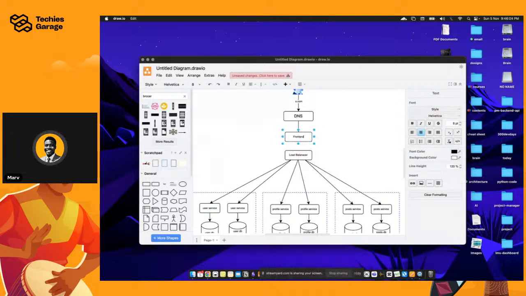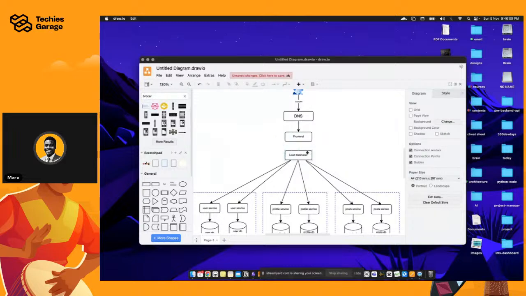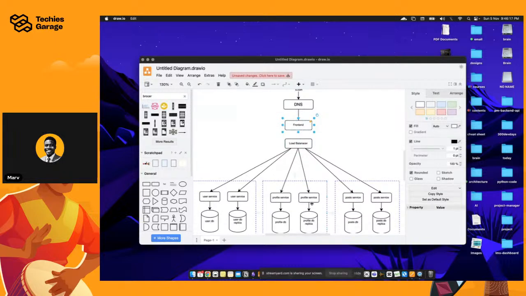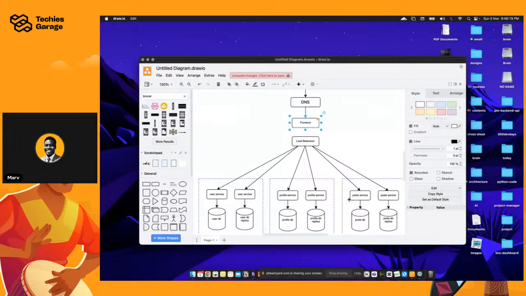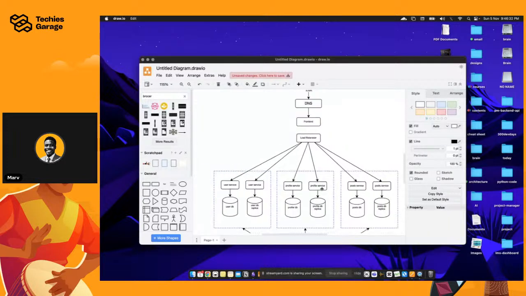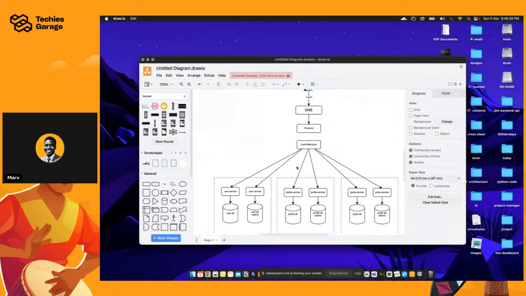What I'm trying to show is that we can choose to have the front end, and then the front end will call the backend services via a gateway, right? Why do we want to go via a gateway? We probably want to use a gateway so that we don't have the backend base URLs exposed to the front end. So the front end goes through the gateway, and then the gateway will proceed to forward that request. That is an option that we can have, right?